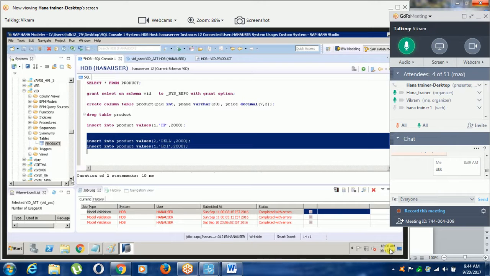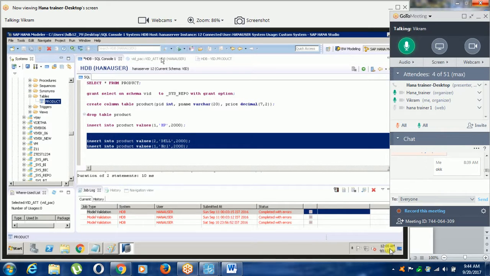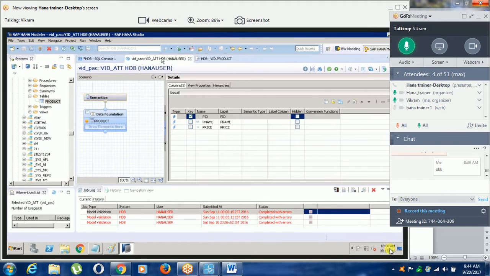In real time, we are not creating any table, because creation of a table is a part of the operational team, and we are analytical guys.